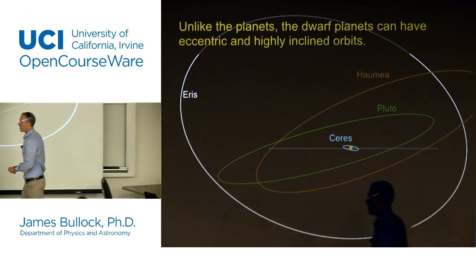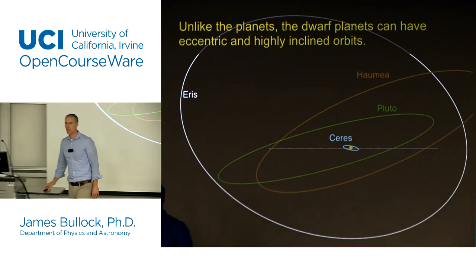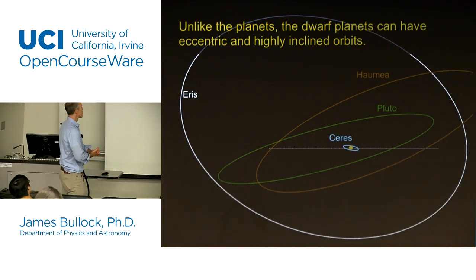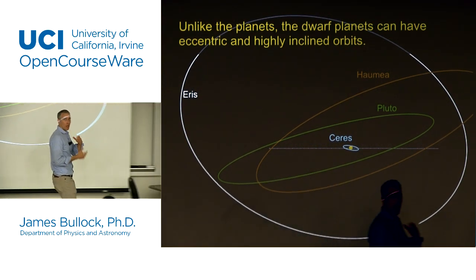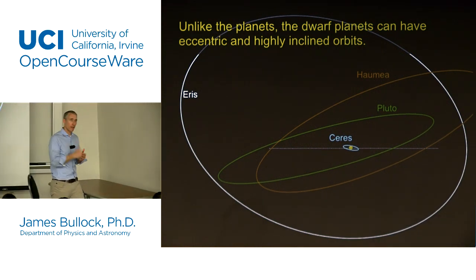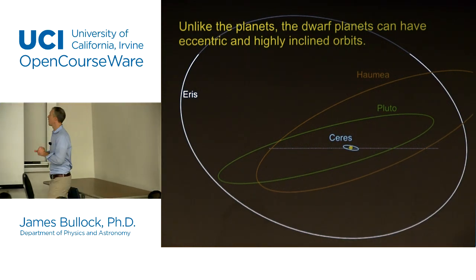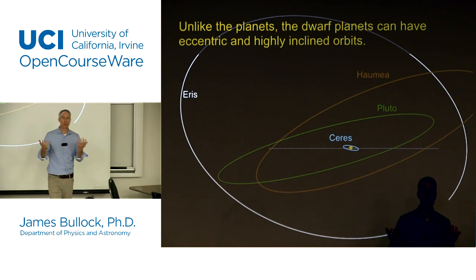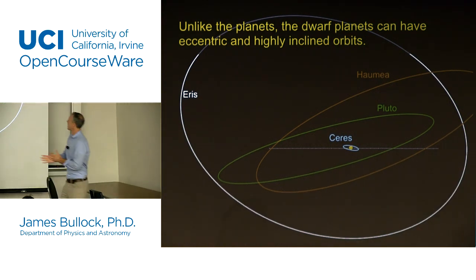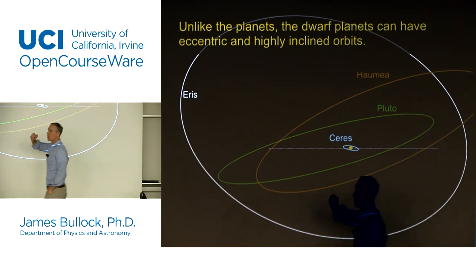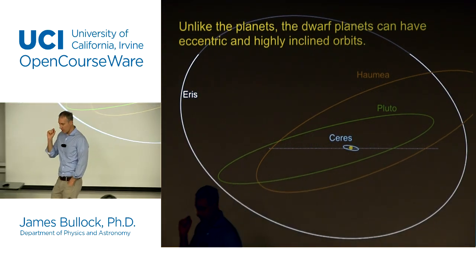Now, let me very quickly talk again about dwarf planets and the whole Pluto story, right? Because when I was growing up, I learned that there were 9 planets and the last planet was Pluto. All the kids liked Pluto because it was called Pluto. We thought it had something to do with the Disney character. But the weird thing about Pluto, it's always been weird, and the weird thing about Pluto is, not only is